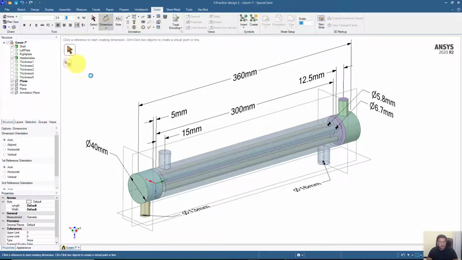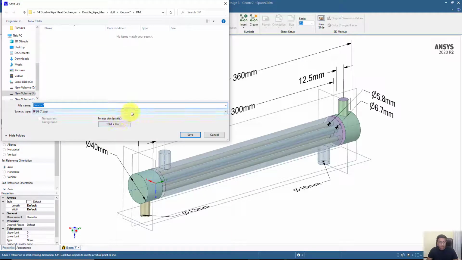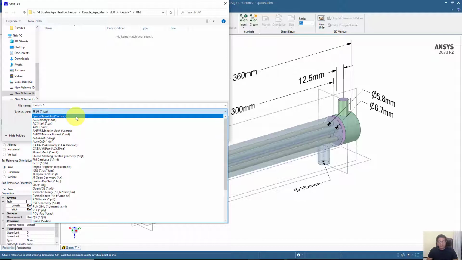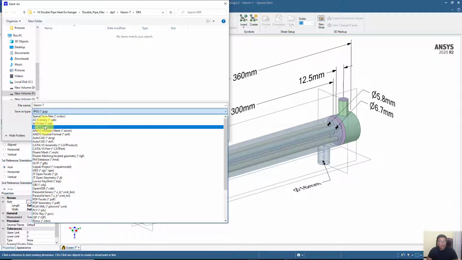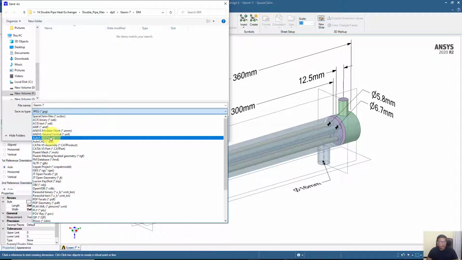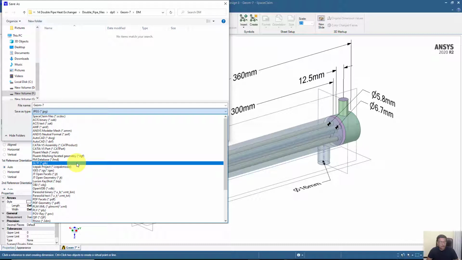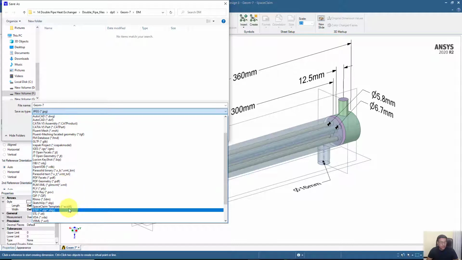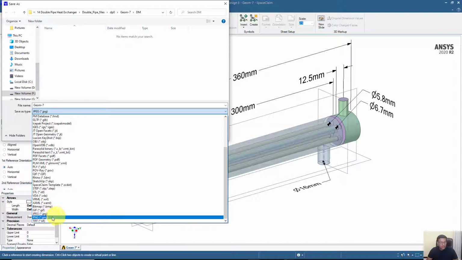Click on Save As, and there are many options for the file: you can save in the SpaceClaim native format, you can save the geometry in the ACIS format, or you can also save in the AutoCAD format. There are the IGS, STEP format, Parasolid format, and if you scroll down, you will see there are options for the picture: bitmap, GIF, JPG, PNG.